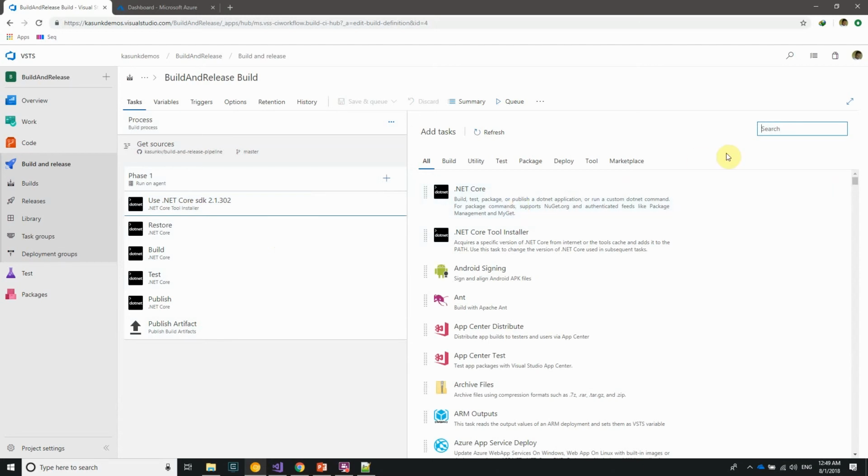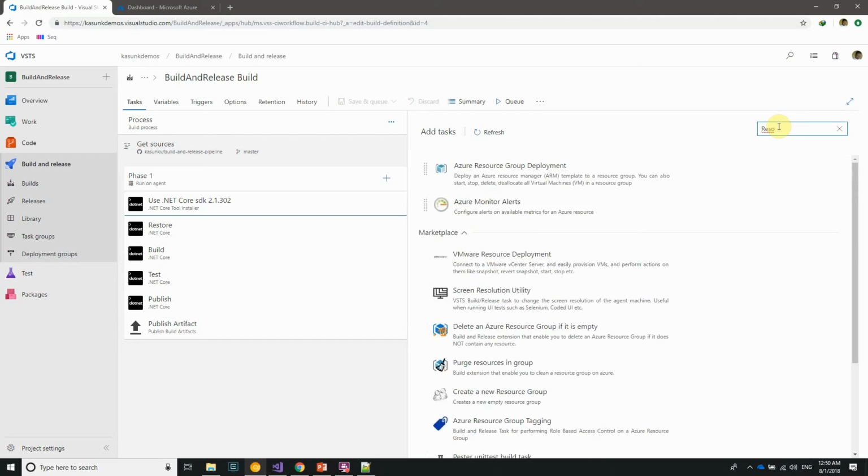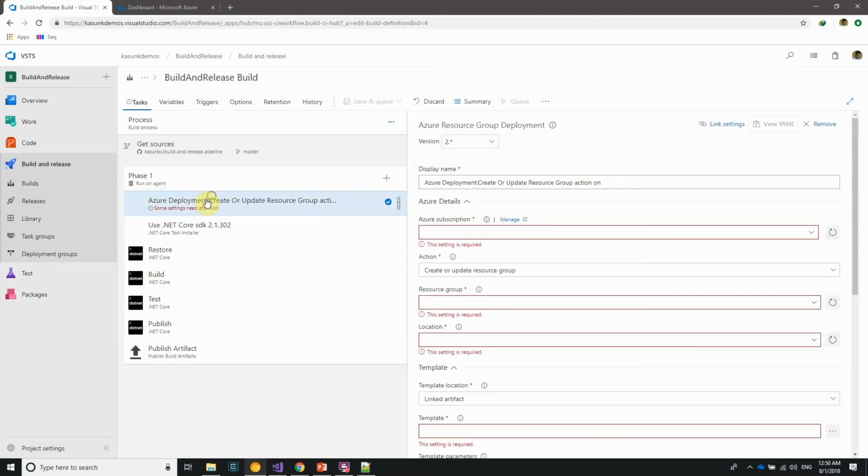ARM templates can be validated in the build or release pipeline using a task that is provided by Visual Studio. So you can search for resource groups in the task list, and this Azure Resource Group deployment task will appear. You can add this to your build definition, and I'm going to rename this as validate ARM templates,